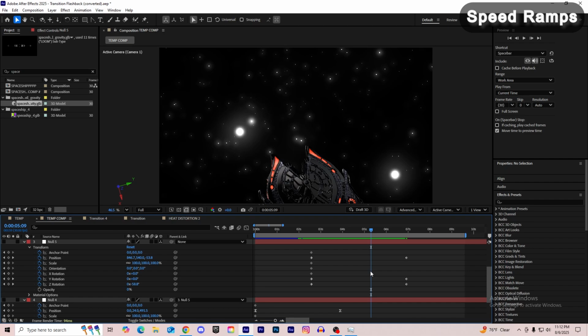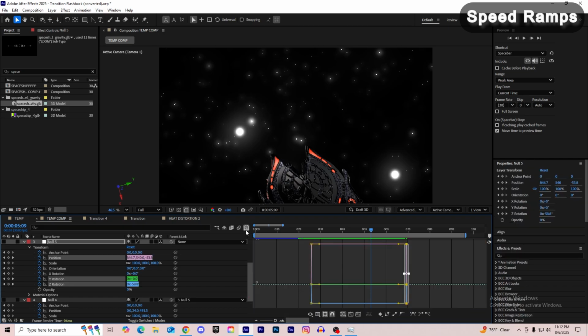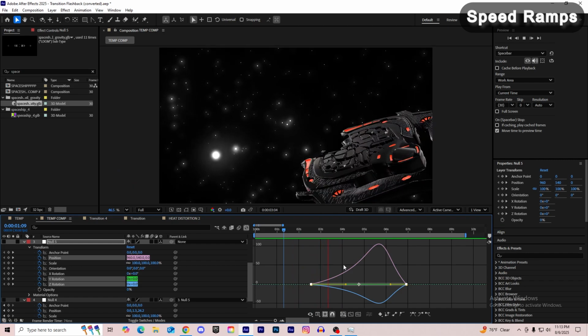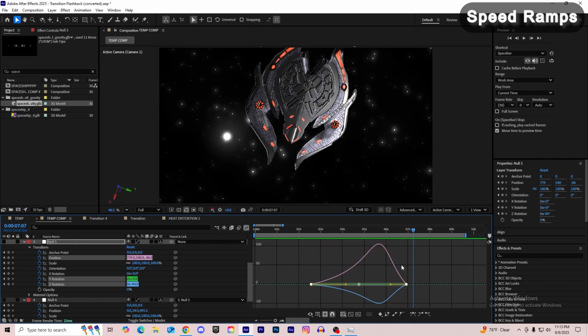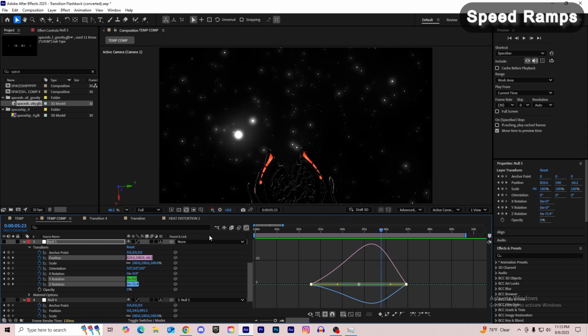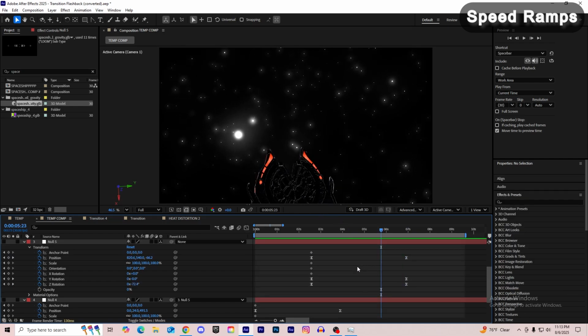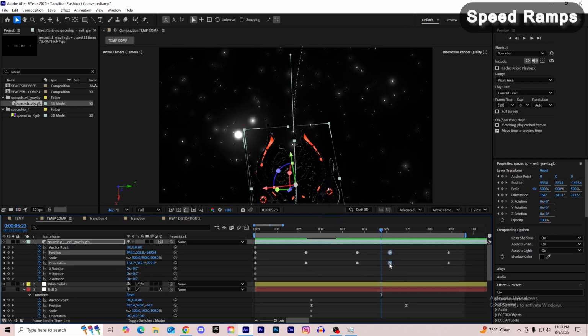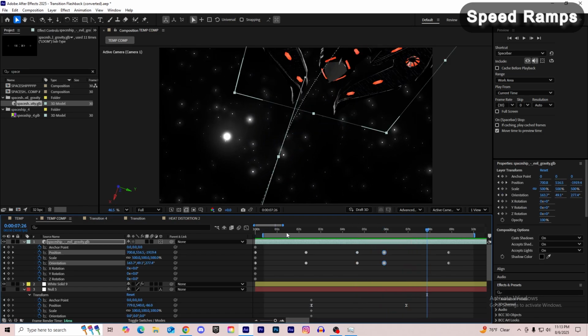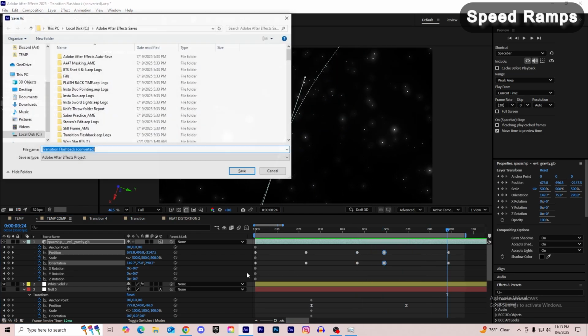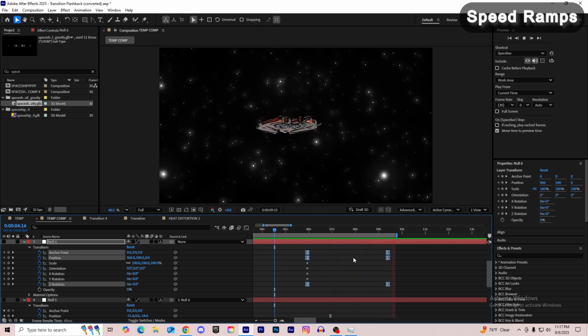it's pretty smooth so far, but I'm gonna just do the same exact thing. Highlight those keyframes, go to this, highlight all of them. I'll make this one to where it's slow and then ramps back up. And as you can see, the spaceship goes off frame a little bit, so I'm gonna actually go up here and then I'll make this go a little closer. That way it looks like it belongs on frame. Then we're gonna repeat that process one more time, looks like, and there we go. Pretty smooth